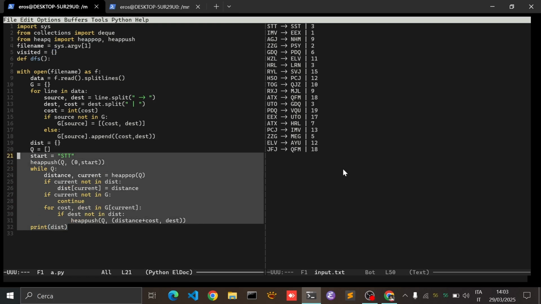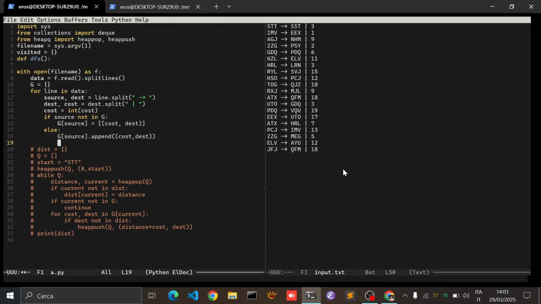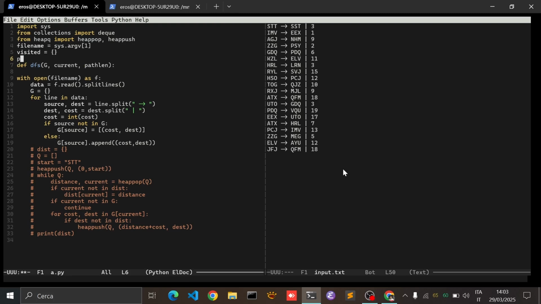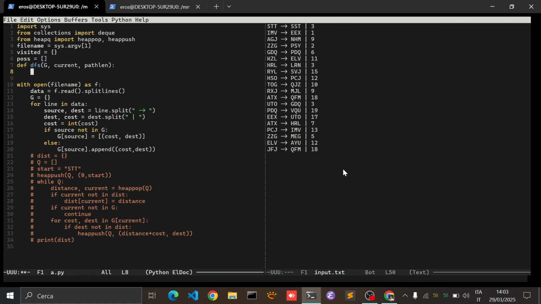We just need the G. DFS will take the graph, the current, path len, and I guess that's it. So what we're gonna do is say, if current in visited, the thing is that